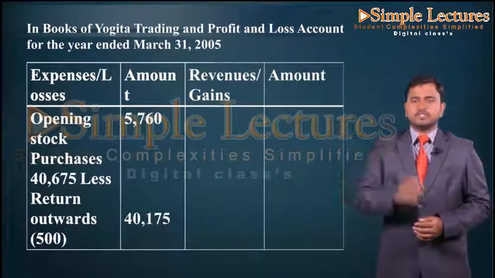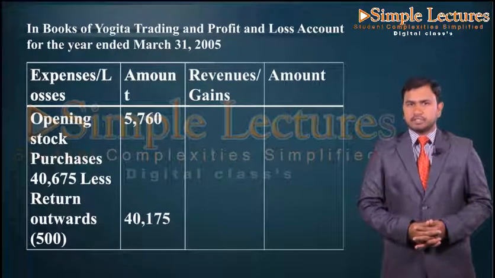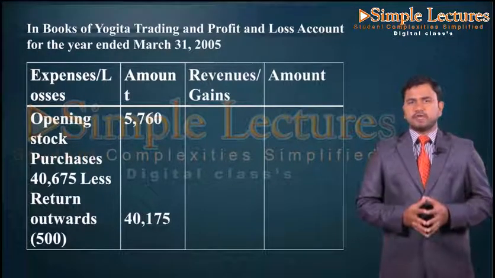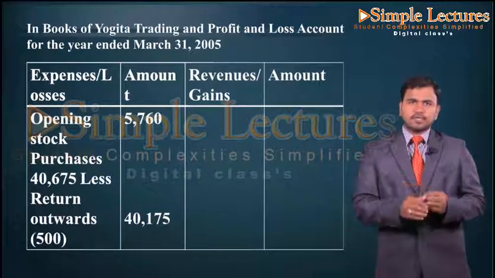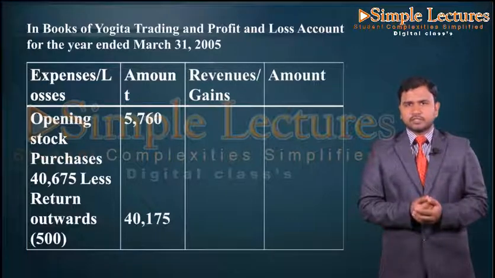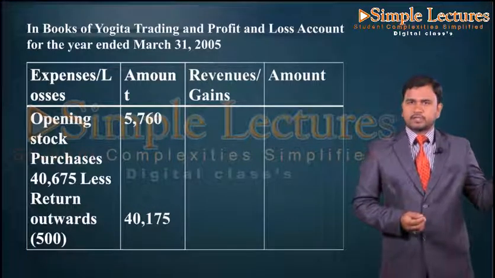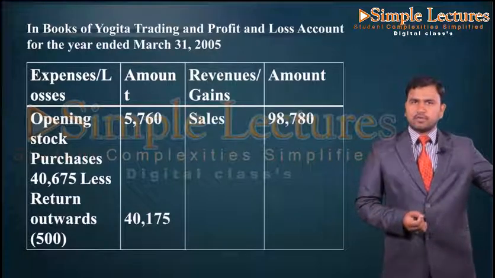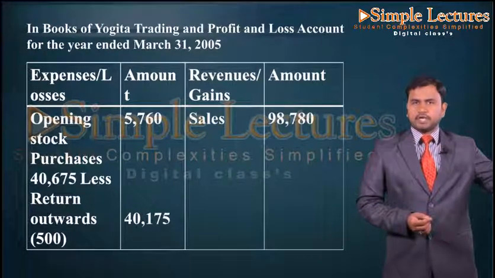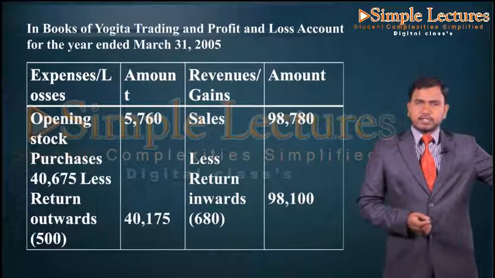So now let us record the entries in the credit side, where first we are going to consider the sales, but coming to sales we have written inwards. So what commodities we have sold, from that some of the goods were returned to us. So that is what written inwards. So let us take in the credit side sales in the inner column 98,780 less sales return 680, then the outer column